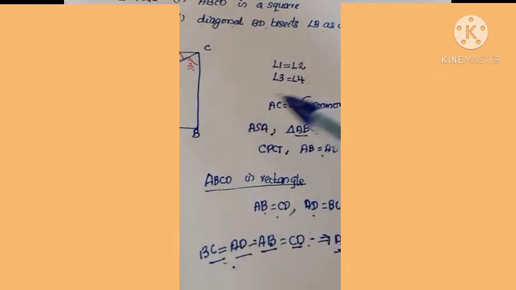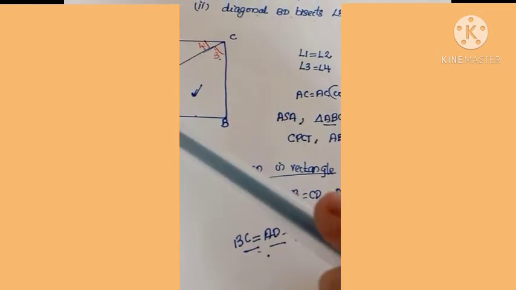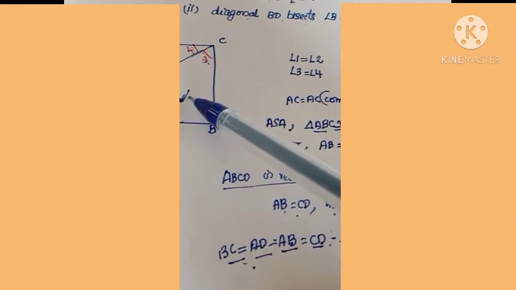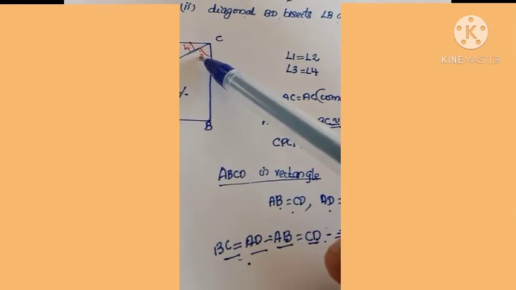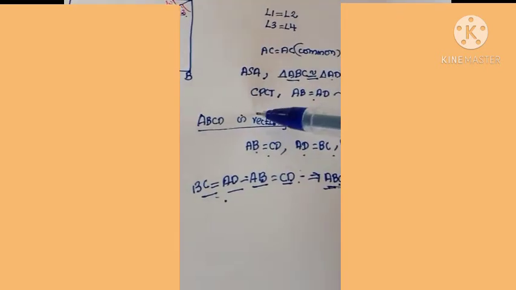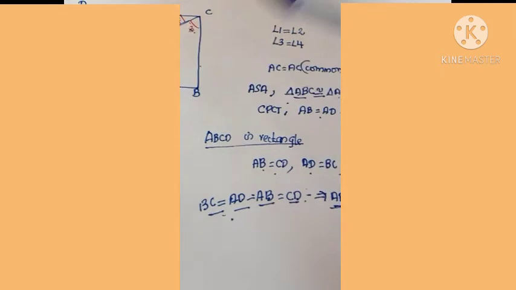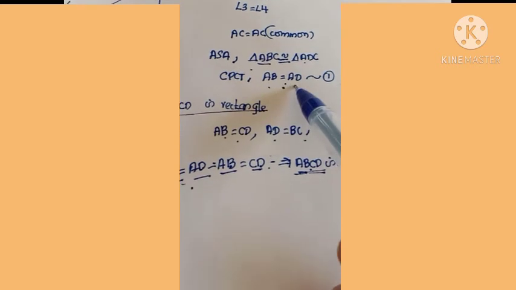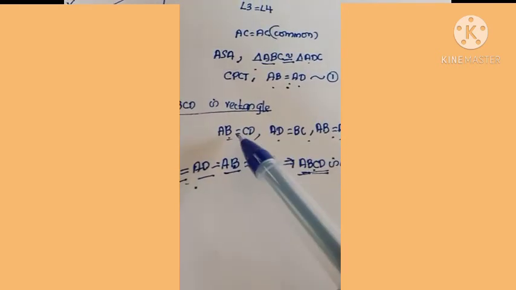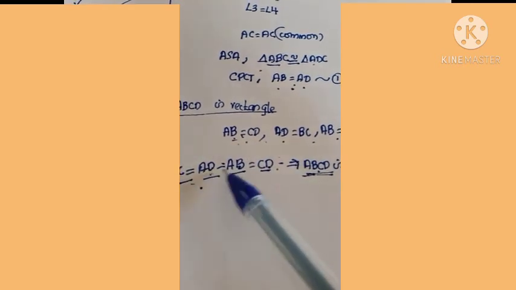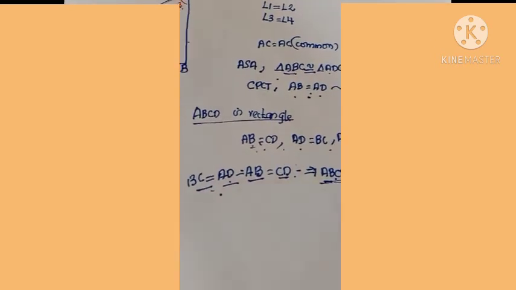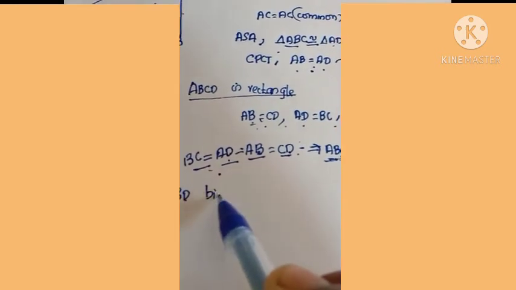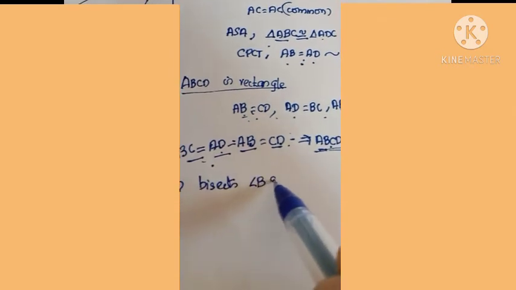So AC diagonal bisects the angles, consider these two equal angles and similarly these two. In triangle ABC, we have two angles and the included side. Therefore, by ASA congruence rule, these two triangles are congruent to each other, and applying CPCT, we get AB equal to AD. So connecting with the properties of a rectangle, we get all the sides are equal. So this is our first one. Now the second one, we need to prove the diagonal BD bisects angle B and angle D.